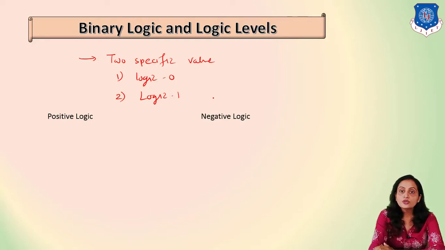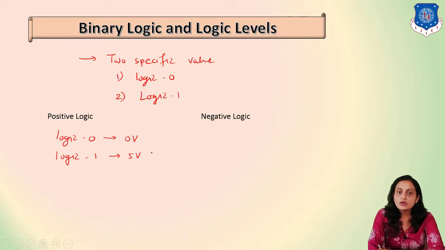Now we have two types of this logic, and that is the positive logic. So what is the meaning of positive logic? So we have logic 0, and to describe the logic 0, if we are using 0 volt, then it is a positive logic, and similarly for logic 1, if we are using 5 volt, then this is called the positive logic. So some voltage is applied, that is over here in the digital circuit we are considering the 5 volt, and this 5 volt is considered as a logic 1 and the 0 volt is considered as logic 0.